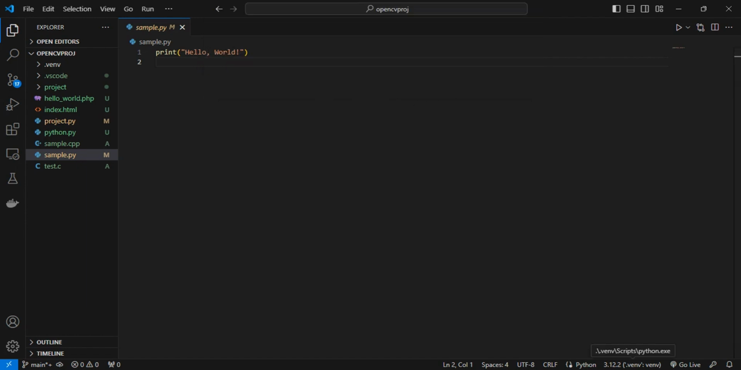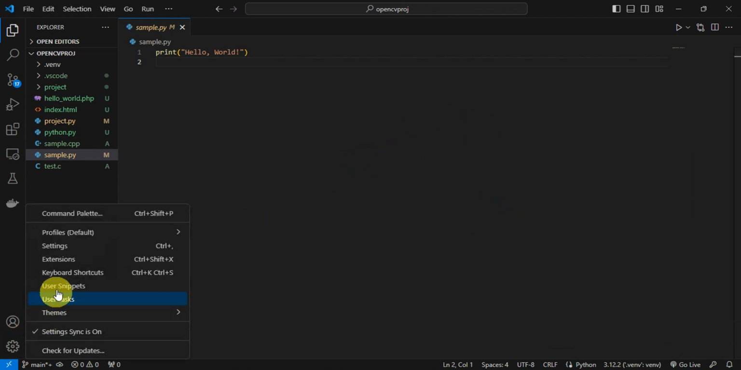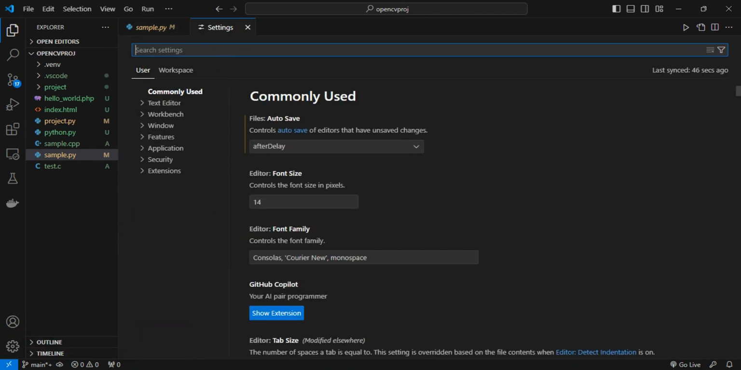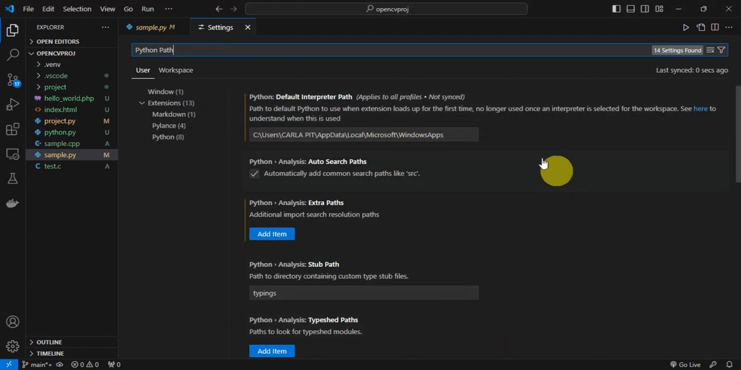Now you could also set the Python path for this one. If your Visual Studio Code cannot automatically detect your Python installation, you may need to set it manually. So just click on this gear icon on the bottom part, click on Settings in here, and then right after, search on the search bar for Python path. Just search it like that,